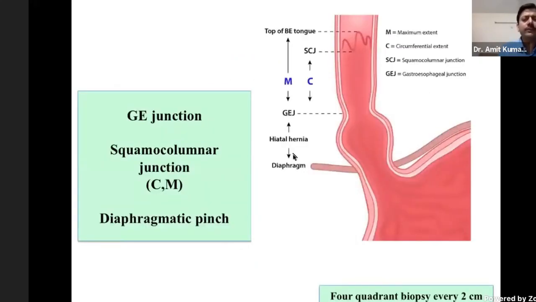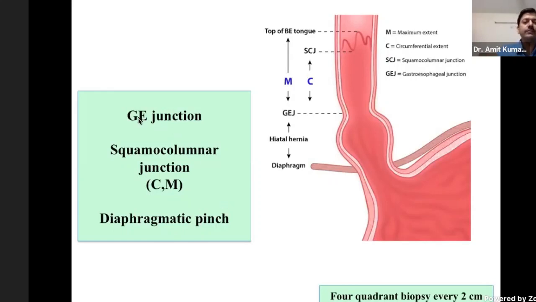So now this is about endoscopy, and this slide is very important from the postgraduate's perspective: when you're doing an endoscopy and you suspect somebody to have Barrett's esophagus, what are the landmarks, what are the points you're going to include in your reporting actually? So the important landmarks to report are the GE junction or the gastroesophageal junction, the squamocolumnar junction, and the diaphragmatic